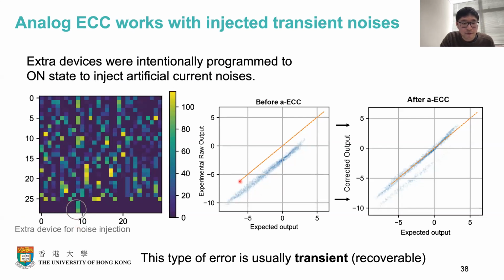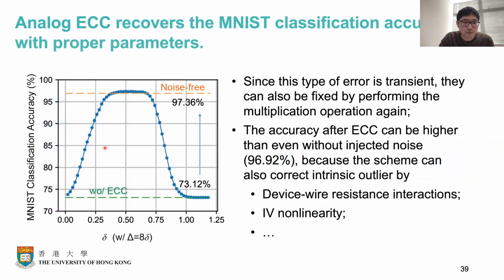As we can see, before the analog ECC, because of the injected noise, the experiment output is deviated from the expected output. But with the analog ECC, we can correct most of the errors. We can still see some small portion of errors because there's a statistical behavior, and also because the encoder matrix is not perfect, but this still shows this scheme is good enough to recover most of the error, and more importantly,